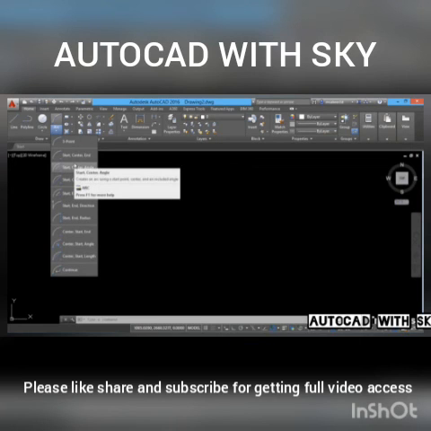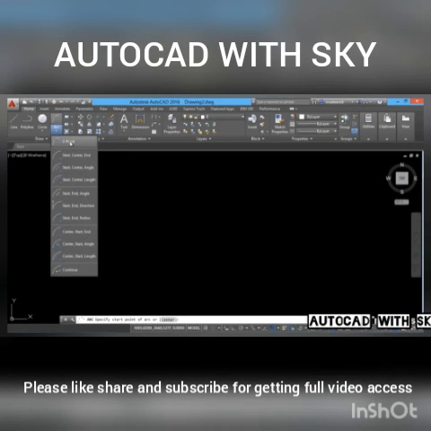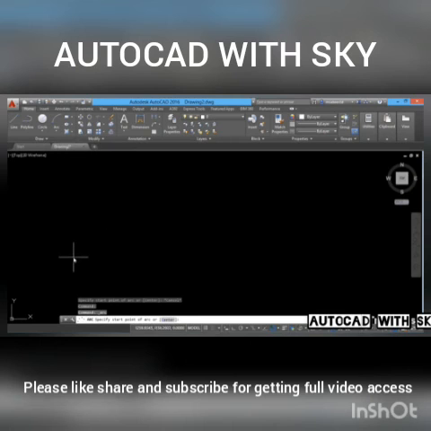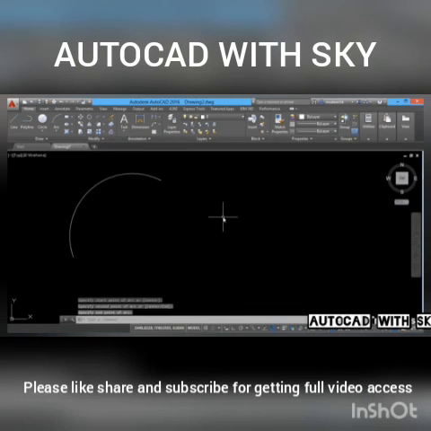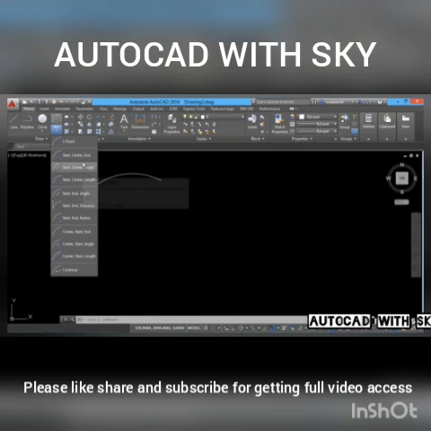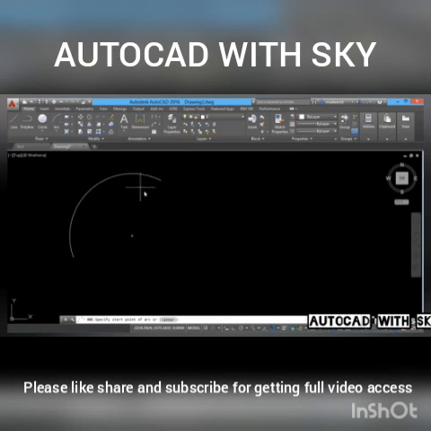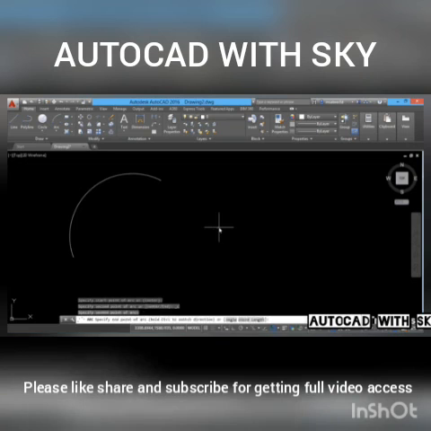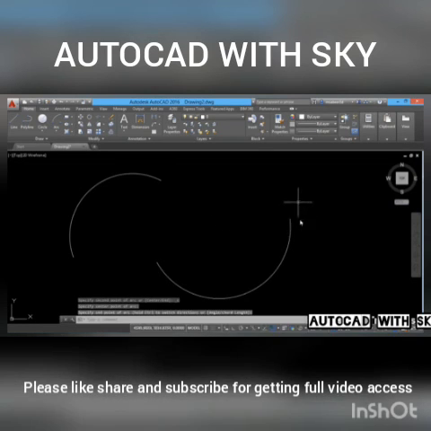Simplest of all these options is 3 point. That means if you can specify 3 points, 1, 2, 3, you can create an arc. And these points can be specified using any of the point definition methods which we have discussed before. I'll show you another example. Using start point, center point, end point, I can define the start point, center point, as well as the end point. Depending upon where I pick my end point, I'll get a corresponding arc.